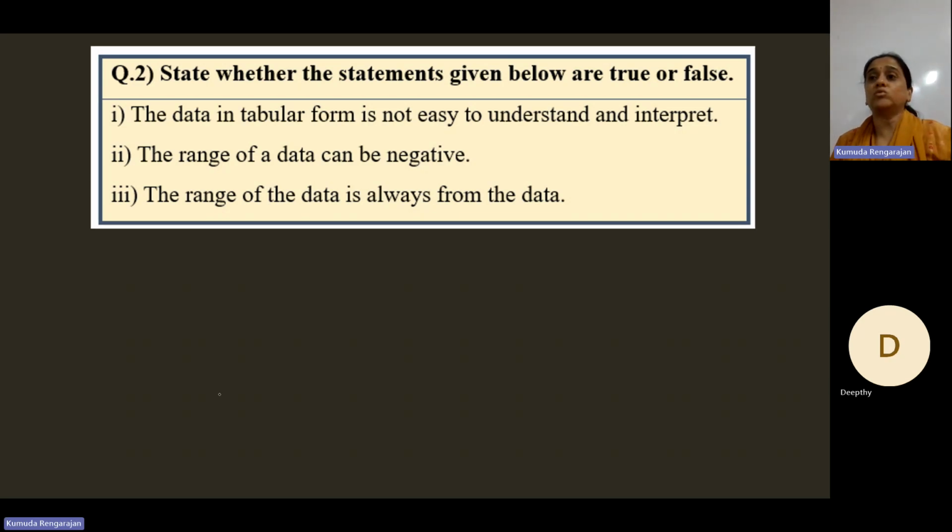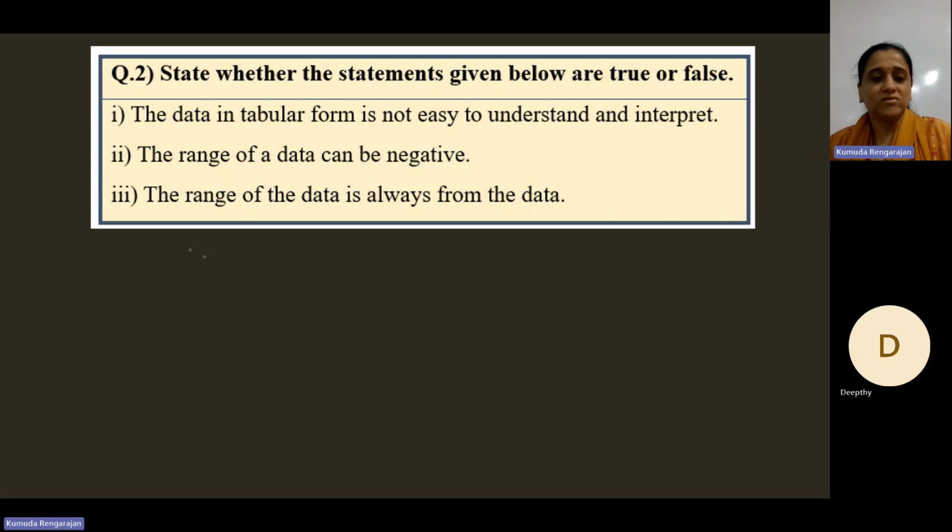Now I have 2000 numbers in front of me. What will I do though? Because I have the weights of 2000 students, right? So I have like 30 kgs, 85 kgs, 50 kgs, 52.5, something. So randomly, so many numbers I have, 2000 numbers. Now, what can I study with these 2000 numbers? I really cannot come to any conclusion by looking at the 2000 numbers, right? So I need to tabulate these numbers.